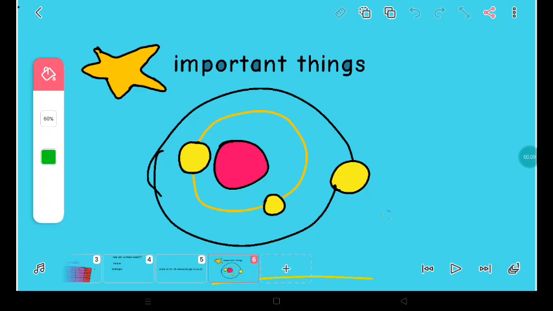Today we are going to be learning some important things about elements, compounds, and mixtures. These things are very important for understanding elements, compounds, and mixtures. Without these things,